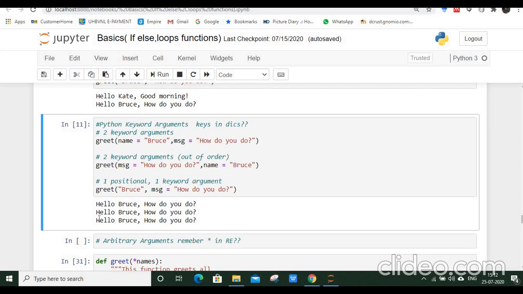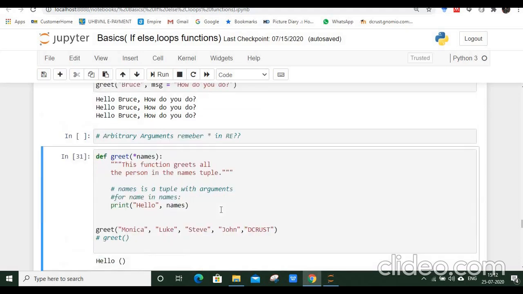Okay, so again we are getting the same thing, that is hello Bruce, how do you do. So in this manner we can have positional or keyword arguments in Python. Okay, then moving further,